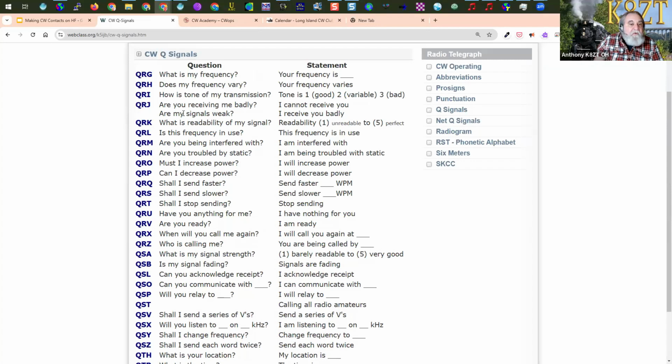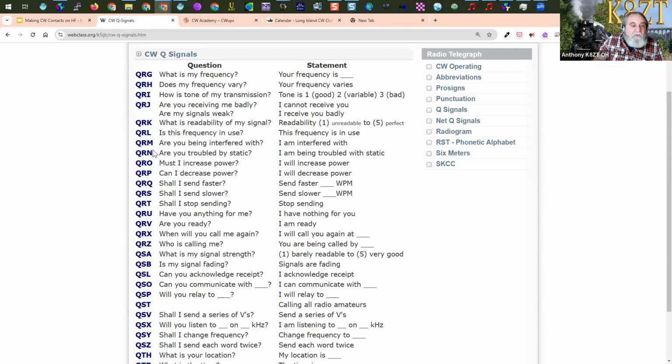Some of these I have never used, like QRJ. I've never heard anyone use QRJ. I would say the most common ones that you hear will be QRL, is this frequency in use, QRM for man-made interference, QRN for natural interference such as static, QRO meaning high power, QRP for low power, QRQ for sending faster,